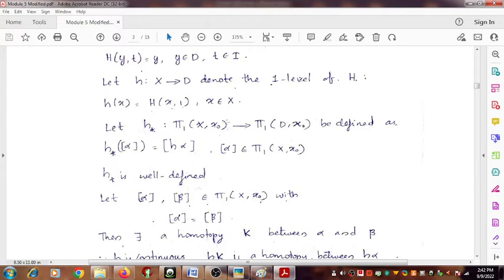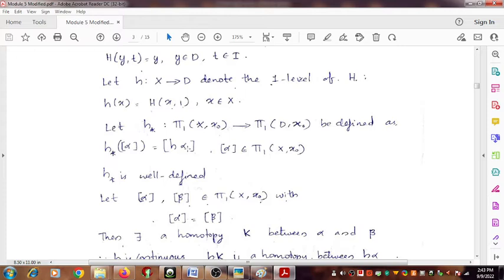But you know, there exists a function. There is the function h defined from x to y. Only that can help us to define this. So we can define the new loop class as h star of class alpha equal to class of h alpha. So here, corresponding to the loop alpha which is present in x, we have the loop